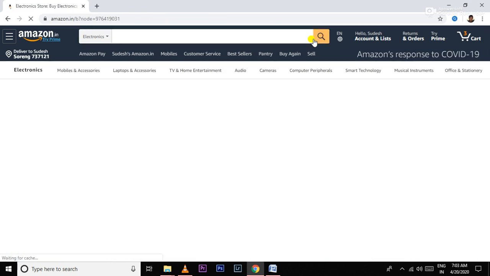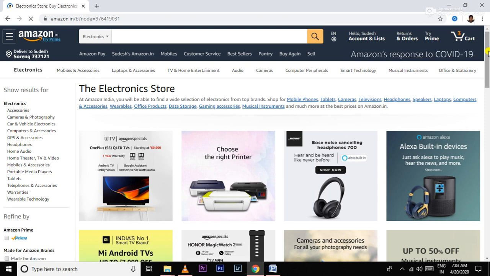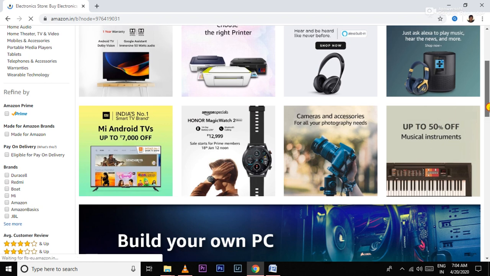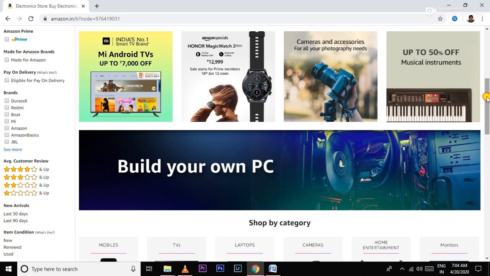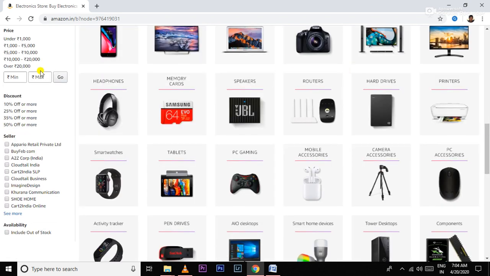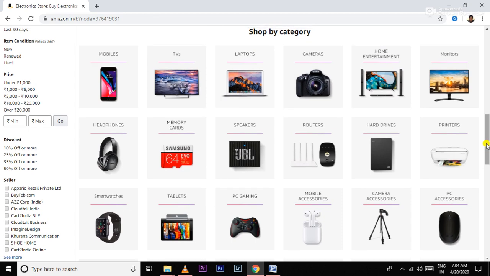It will redirect you to the electronics page where you can find several electronics like TV, printer, headphones and all. Since we are searching for a mobile phone, let's go down and see if there is any mobile phone section. As you can see, here's the mobile section. Just click on this icon.